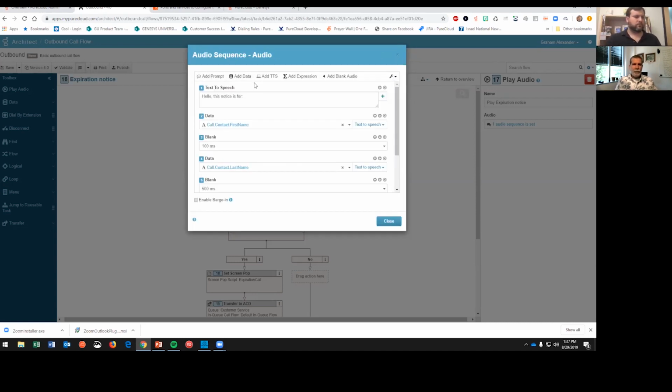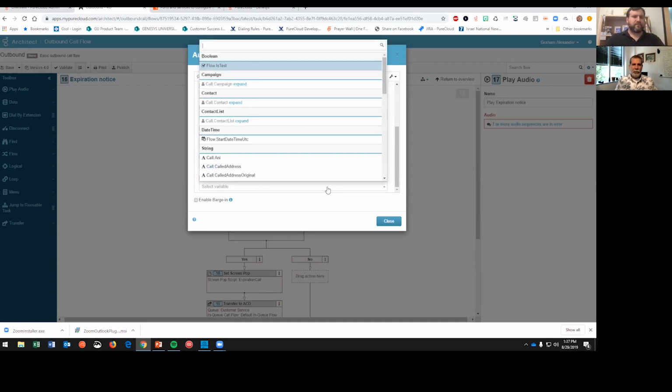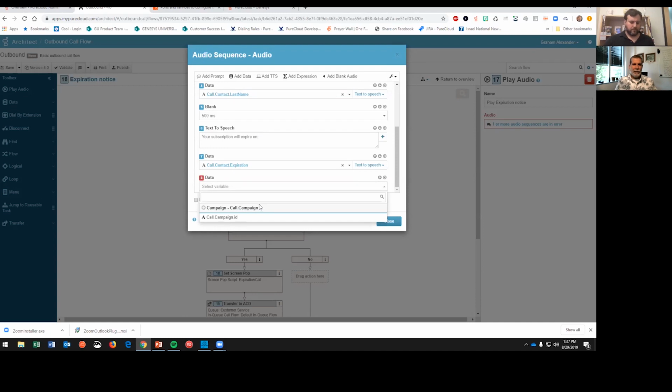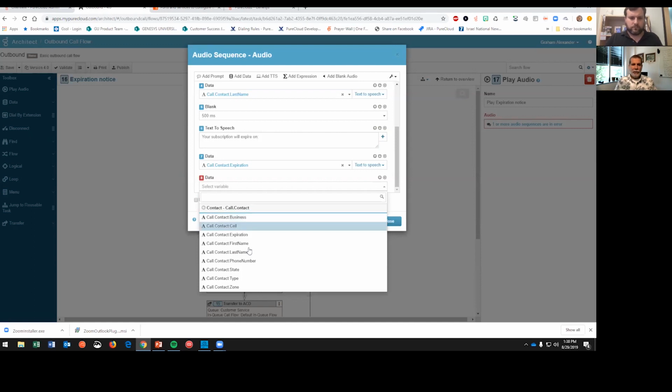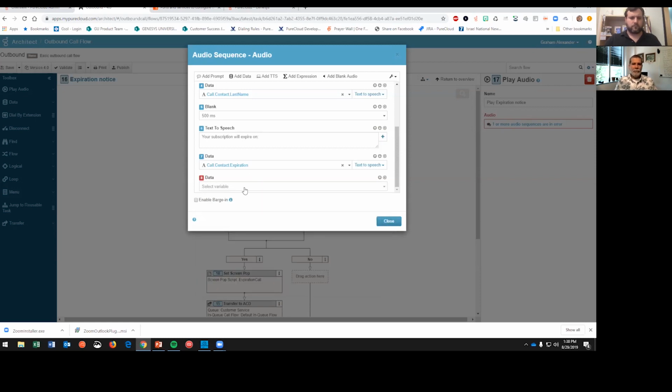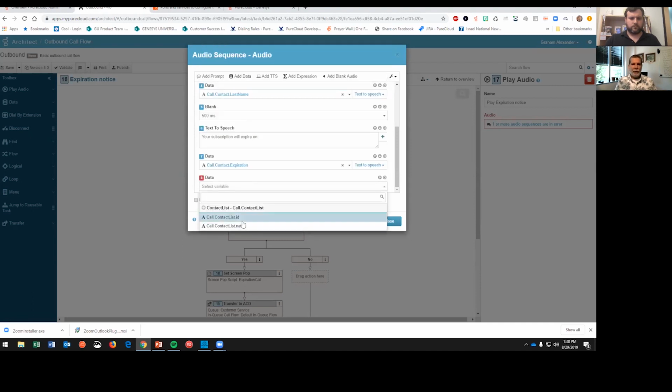And if you look at the add data, you'll notice that when you select a variable, it gives you some options from the campaign. So I could pull from campaign name itself, the campaign ID. I could also pull from the contact data. So here, if I expand it, I can see the different columns that are in that contact list. In this case, we're going to pull the one for the expiration date, let's say. Or if I wanted to, I could pull from the contact list itself, the name of the contact list and